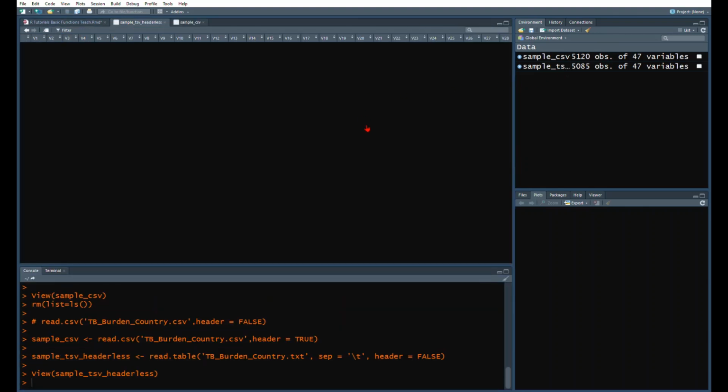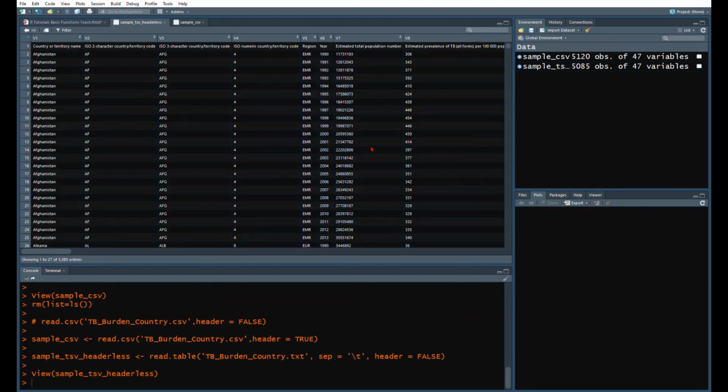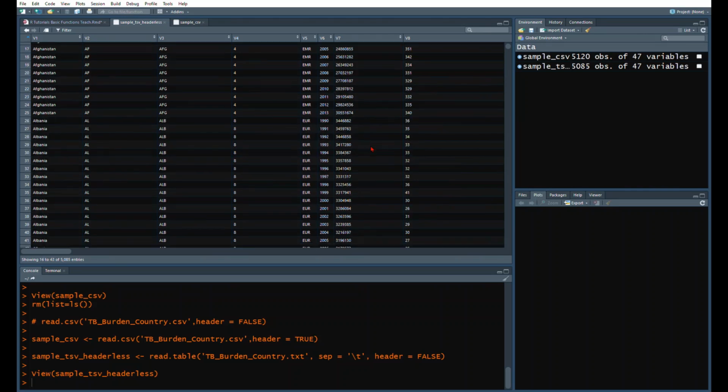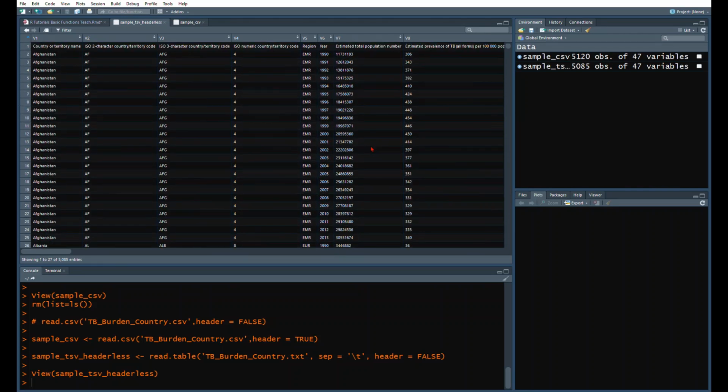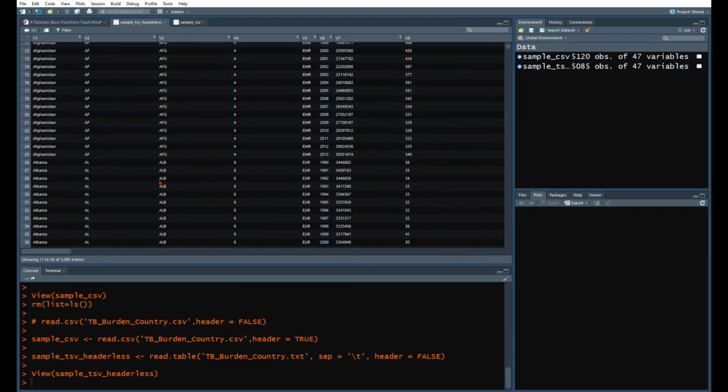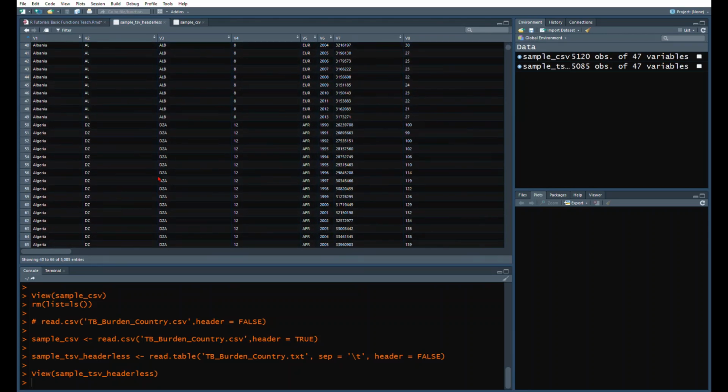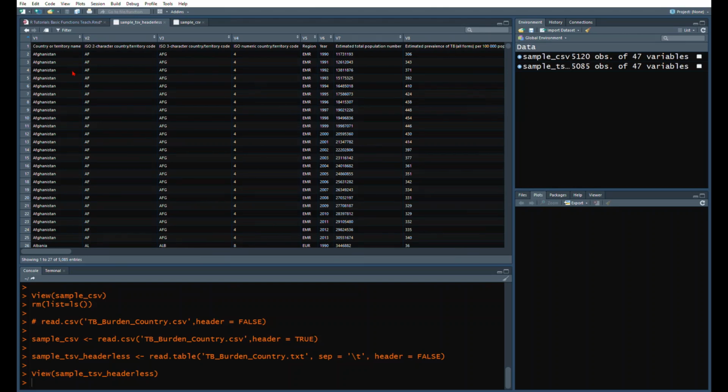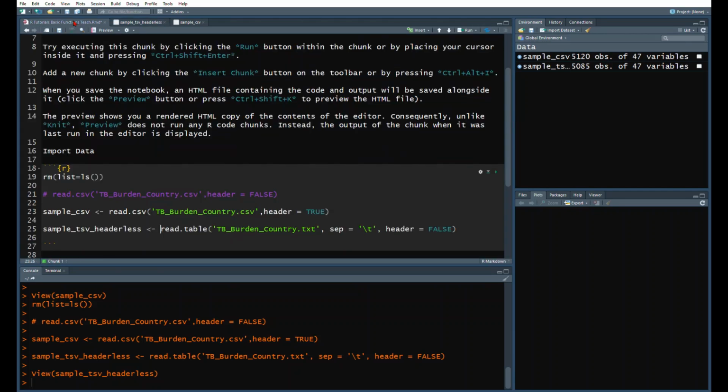Let's look at the file here, and we see that this file has been imported, which is a tab separated file, and this has been imported in the memory. As we have seen earlier, the first data point is the column name, which is not the case. We have to fix this by